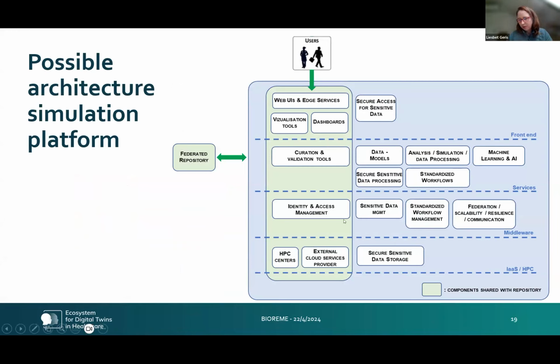This is modeled based on, for instance, the eBrains platform and a number of other platforms that exist. And recently, just last week, the Digital Europe program launched a procurement for the building of this, the actual construction of this simulation platform, for which they've foreseen initially 24 million over the coming 4 years.